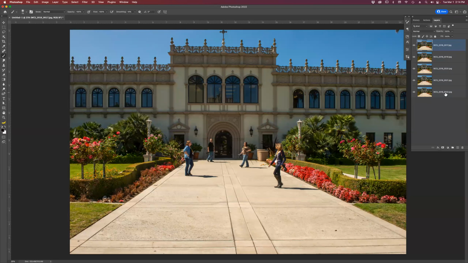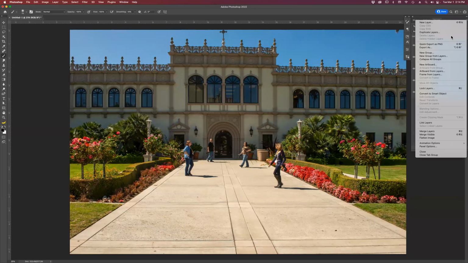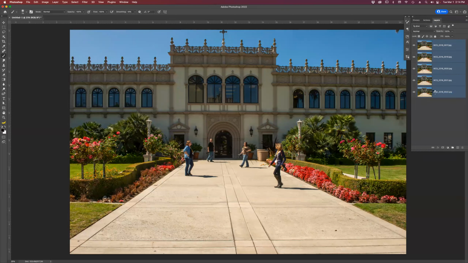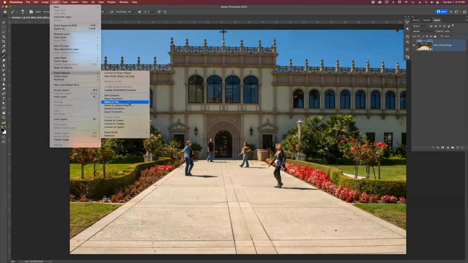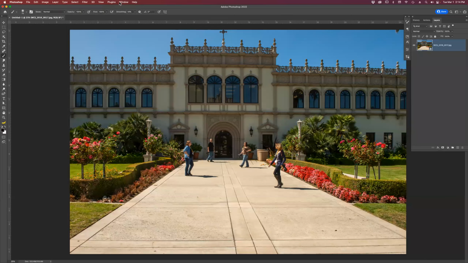Okay, we've got 1, 2, 3, 4, 5. And select all the layers. This time I'll go to the drop-down menu on the right-hand side, click on it, convert to smart object. Boom. Thank you. So now it's a smart object. So we'll just go to layer, down to smart objects, stack mode, median. You know what, before I do that, let's go ahead and